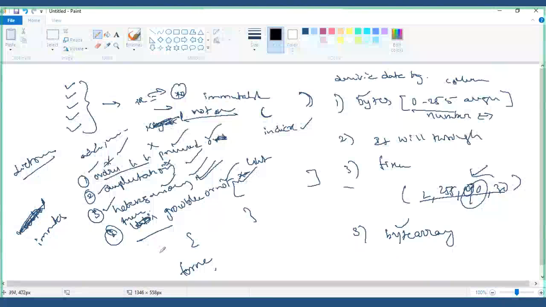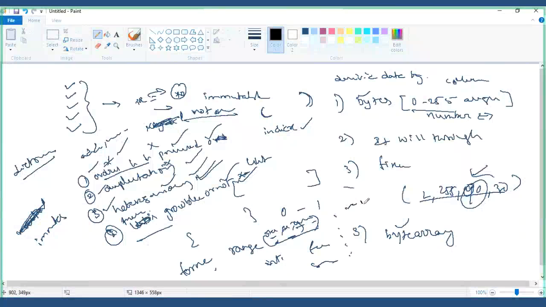And one more thing we forgot, that is range. What type of data will you find in range? Only integers, correct? You won't find any float or string, because it is a range from 0 to some number, with start, end, or step values. If you say range of 10, that means 0 to 9 values it will give, because the end value minus 1 is 9.